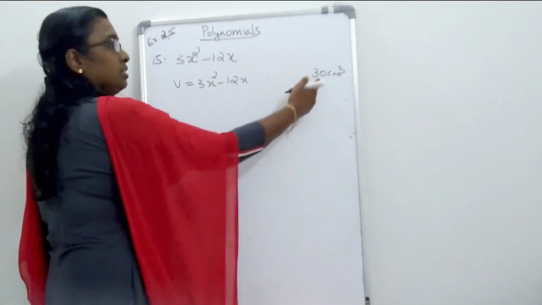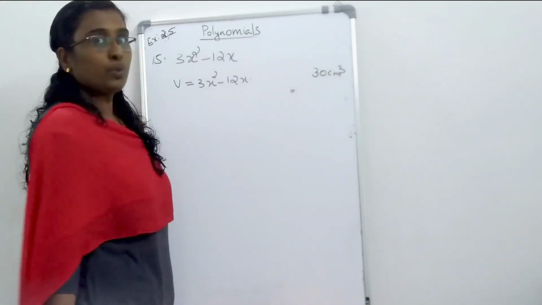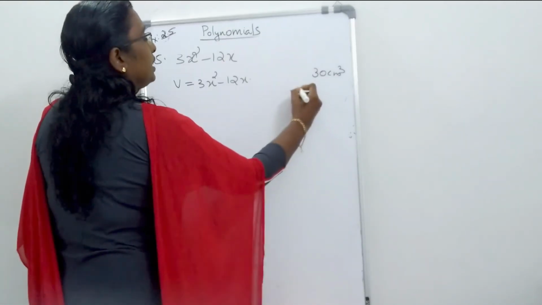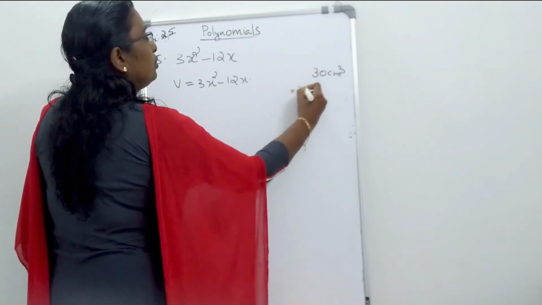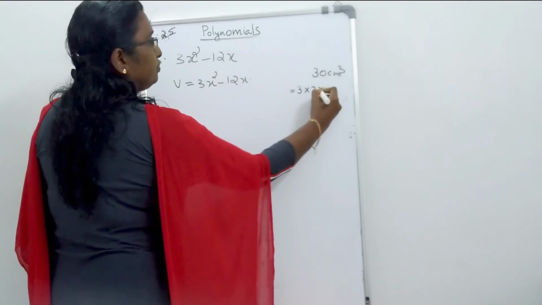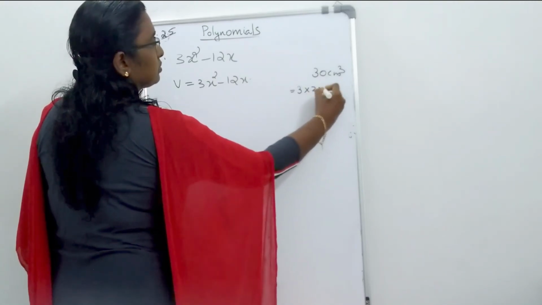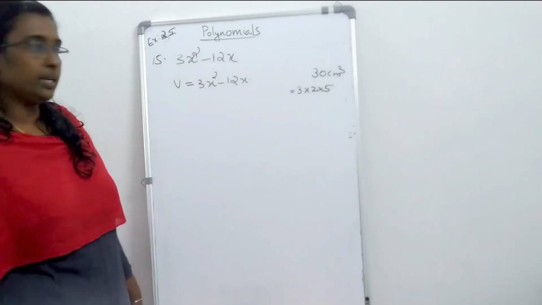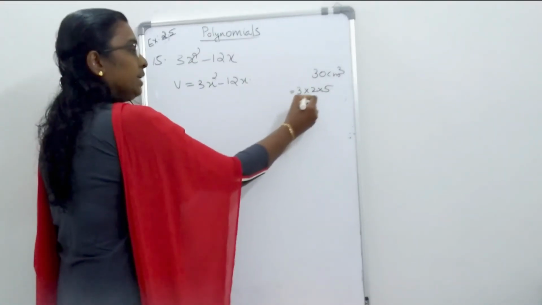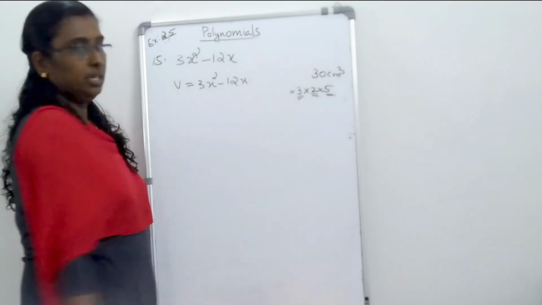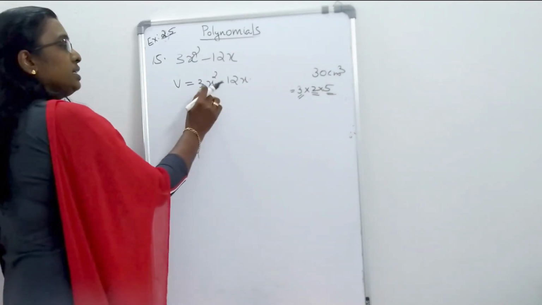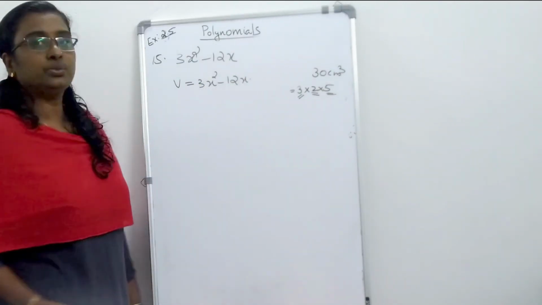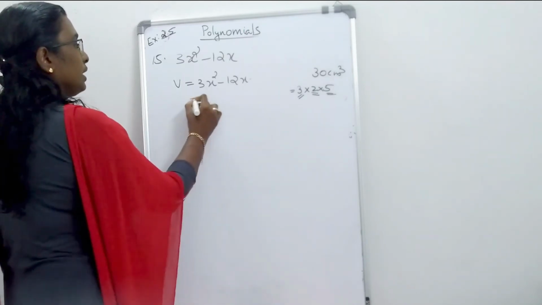For that we write 30 as a product of three numbers. We can write 30 as 3 into 2 into 5. So we can say that these are the length, breadth and the height. Similarly, we write this expression as a product of three factors. For that,